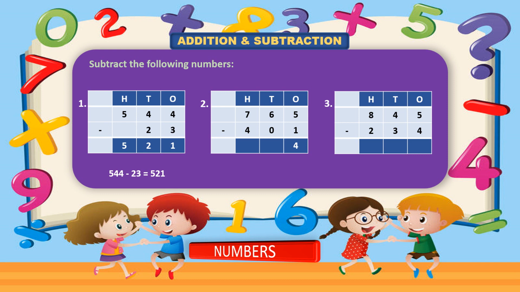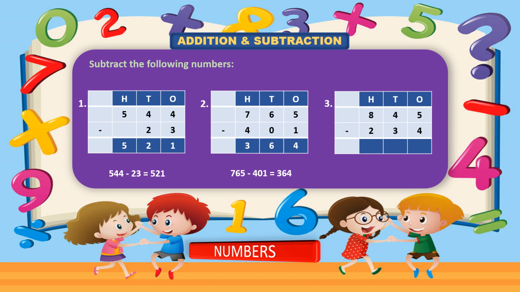765 minus 401. 5 minus 1 is equal to 4. 6 minus 0 is equal to 6. 7 minus 4 is equal to 3. And the answer is 364. And the last sum is